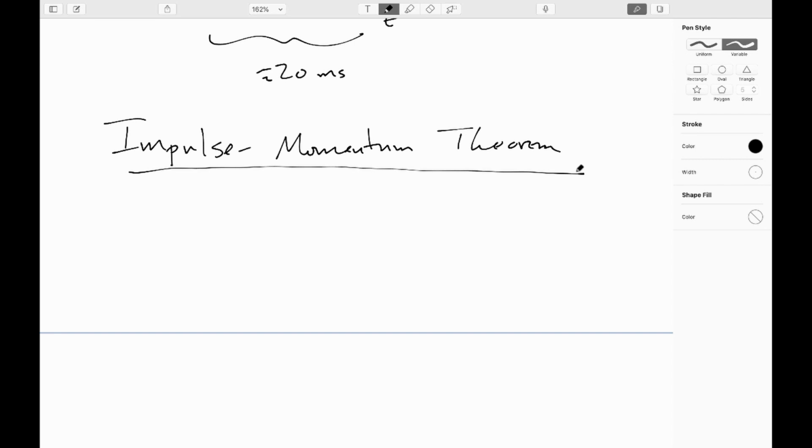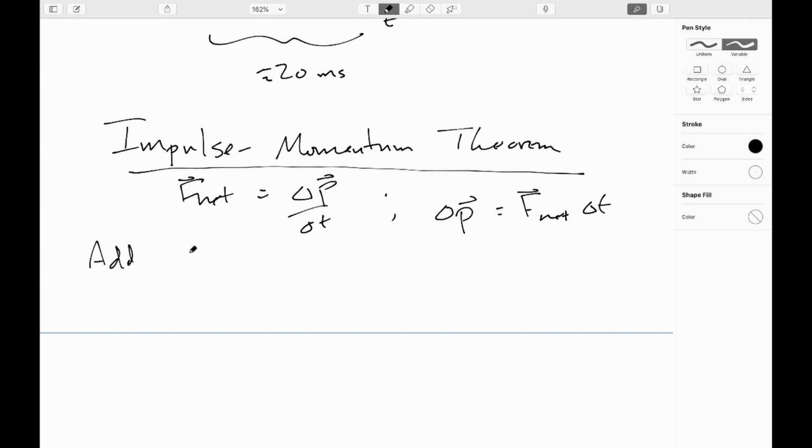What this comes from is the corrective version of Newton's second law of motion: F net equals delta P over delta T. Let's multiply it through by delta T, so we get delta P is equal to F net times delta T. If I now add this up over small time intervals,